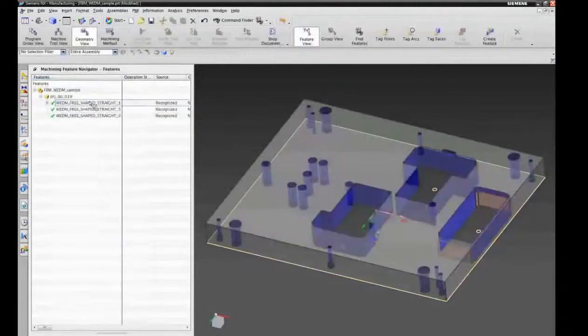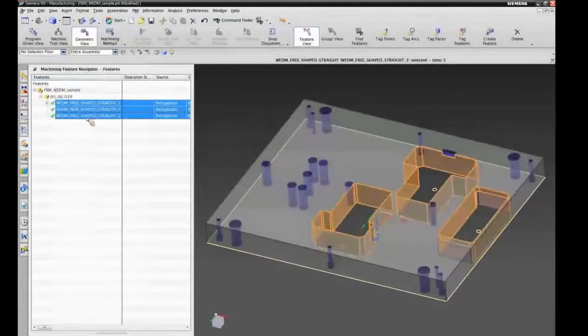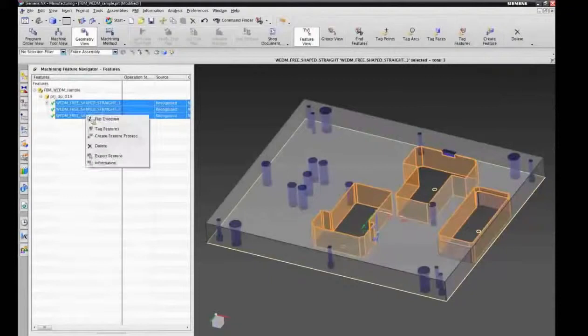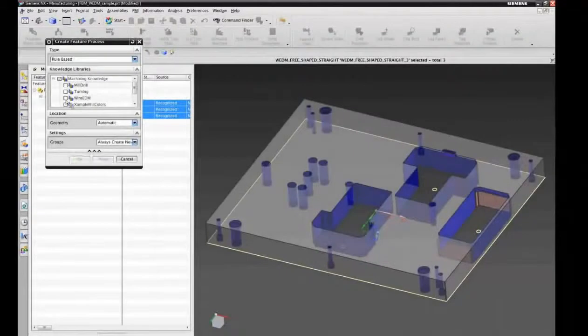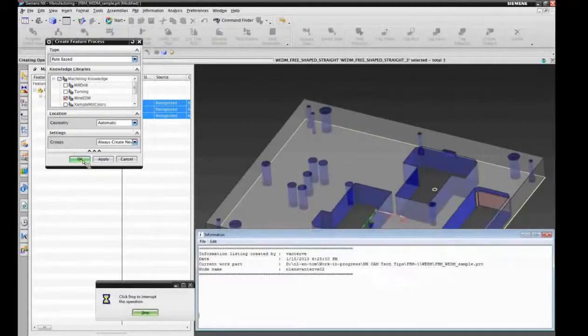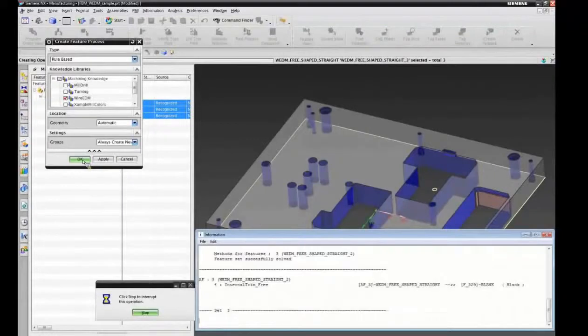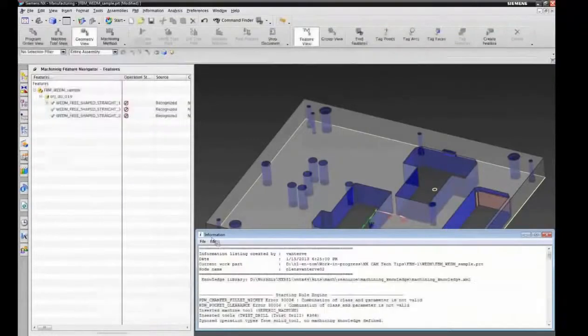I don't need the coordinate system. So I have 3 different wire EDM features found. Let's try and see if we can run some operations for those. Now instead of doing mill drilling on this geometry, I actually want to use wire EDM knowledge, generating that, looking in the library, what are the best practices for doing wire EDM geometry like this,